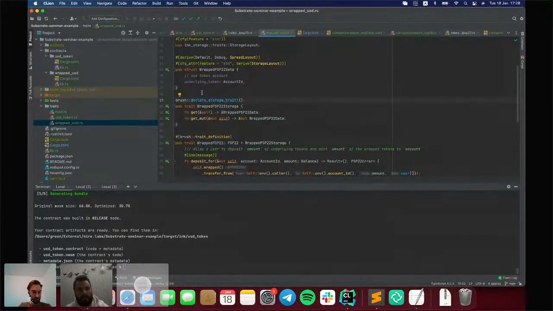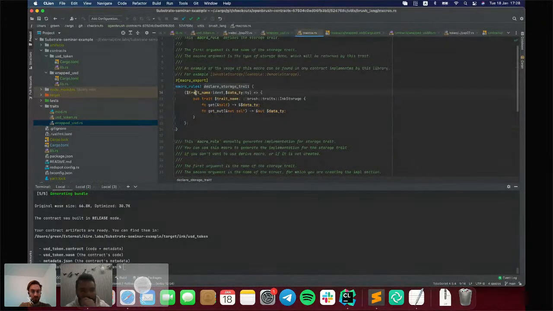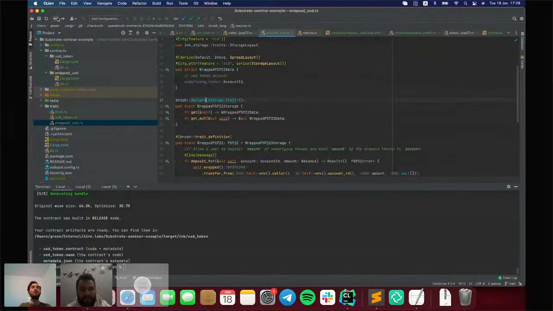That will define the same trait. That macro has two inputs. The first one is the name of the trait, which should be defined. So let's copy it here. And the second one is the type that should be returned by that trait. So let's also copy that.